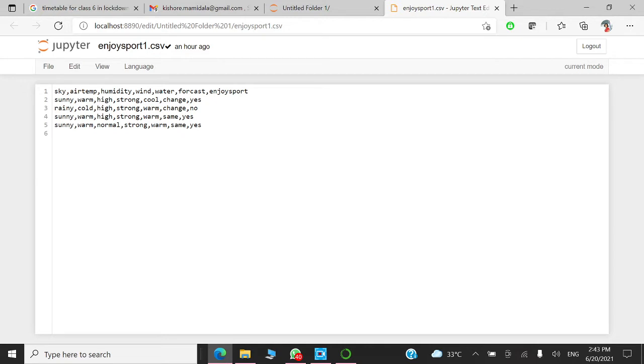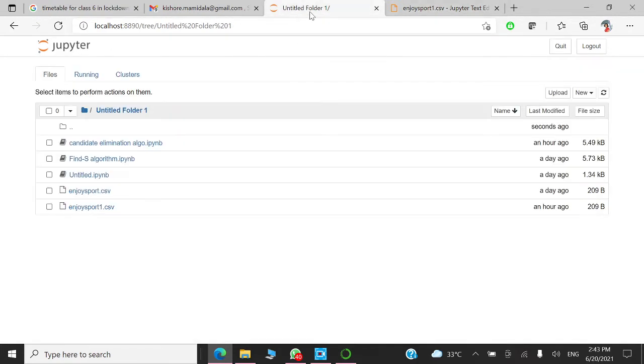Yes, no, yes, yes. The first record is yes, the second is no, and the third and fourth are yes, positive examples. Total 3 positive, 1 negative. So the same example which we discussed is considered here.